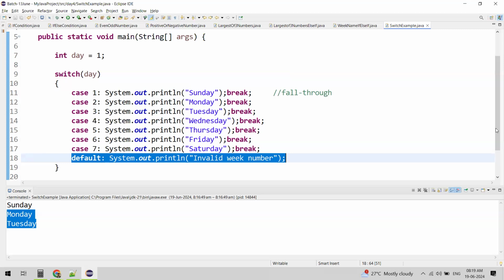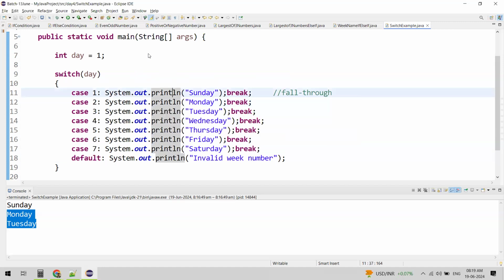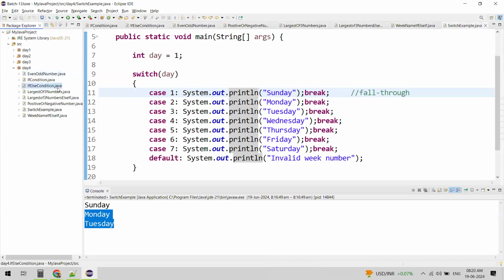So switch is definitely faster, because it uses a jump table in bytecode. So if you remember, if we compile the Java code, we get a dot class file which has the bytecode. When we actually compile the code, whatever class files we are creating here, if you observe, it has the extension .java, right? So what we mean by compiling the code is, once we write the code,